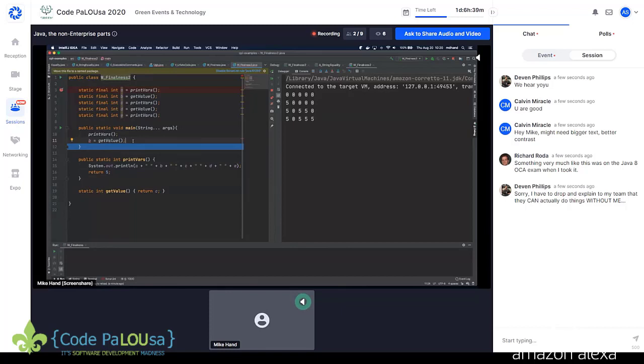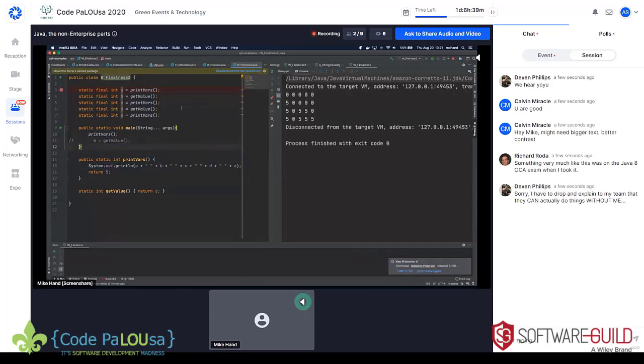But if you're using some method where you know that you need something final, but you don't actually know its value yet when you create the instance, keep in mind, you get to assign it once, but you only get to assign it once. And if you call it before it's been assigned, you're actually going to get a different value than if you call it after it's been assigned. So be careful with final.